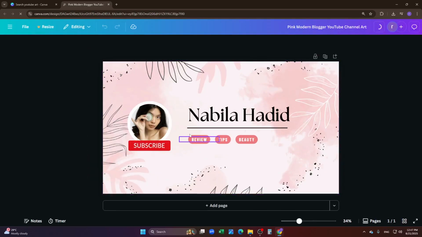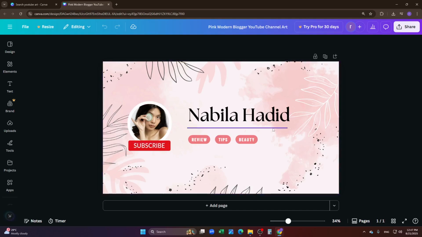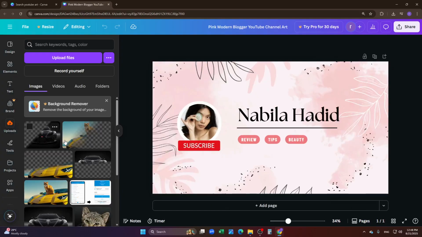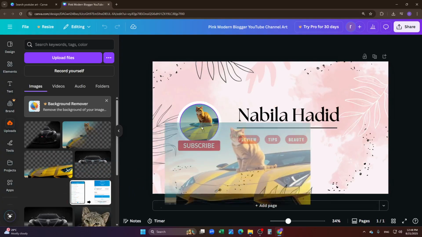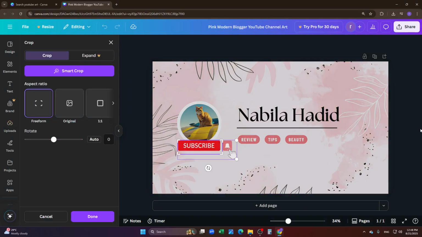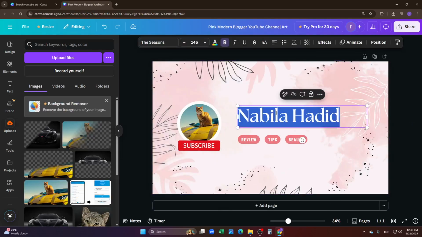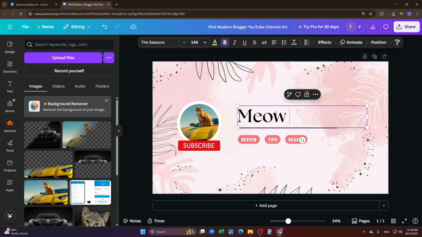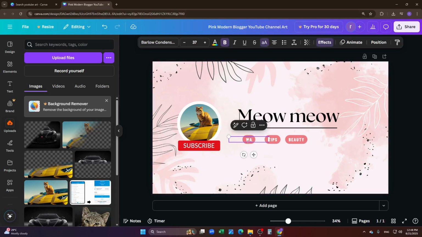We'll have to click on the customize this template from here, and now you can see we can edit all the part from this design. So we can just click on uploads and we can just change the image from this to this one, and we can also edit the subscribe button from here, and we can also edit the name from here, as you can see. And you can also change the taglines from here,